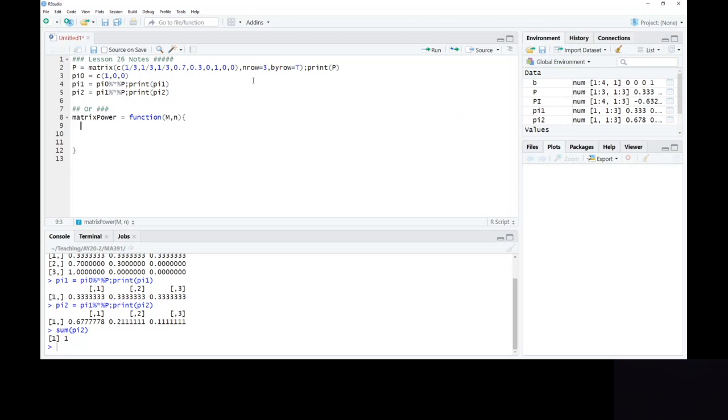Okay, m is going to be our matrix, and so what we're going to do is m0 equals our matrix. Then maybe a for loop here, so for i in 1 through n. So we're going to do a bunch of these matrix multiplications, and then what I want to do is say, well, m is equal to